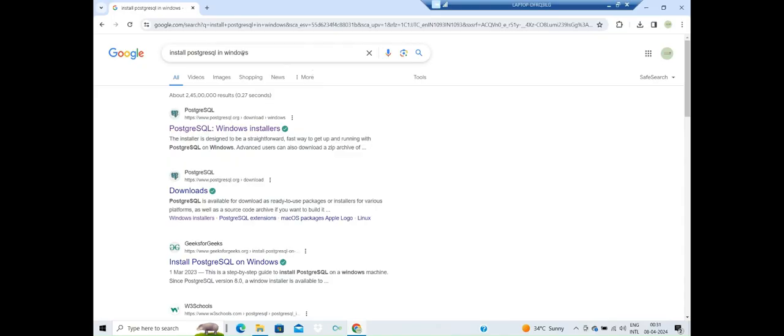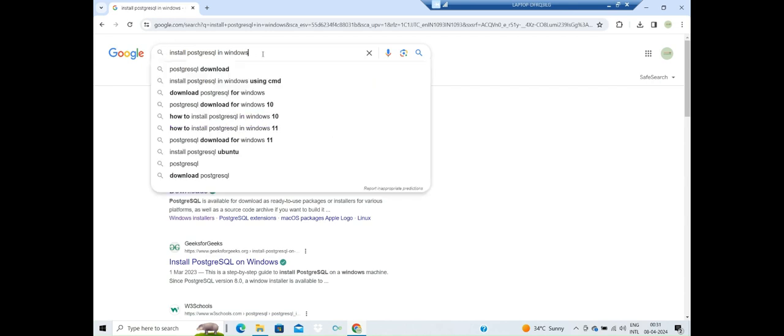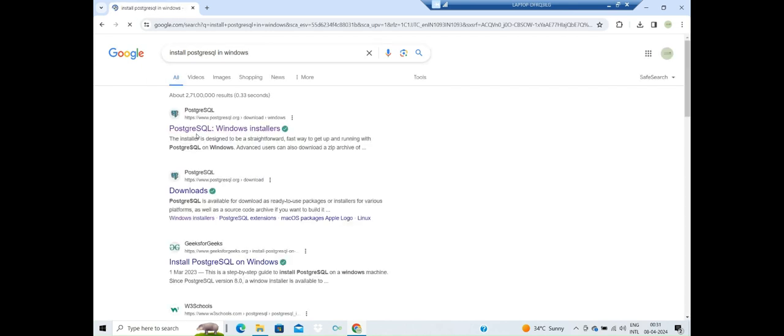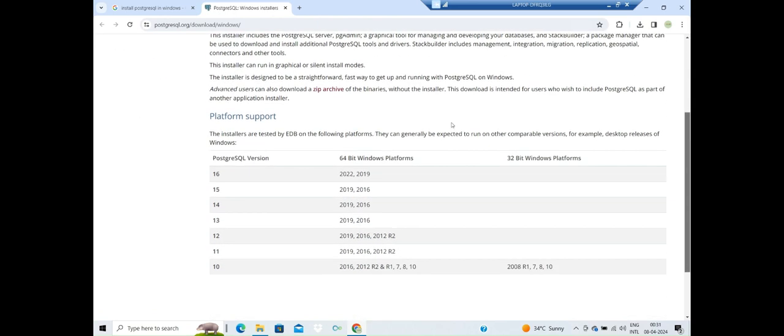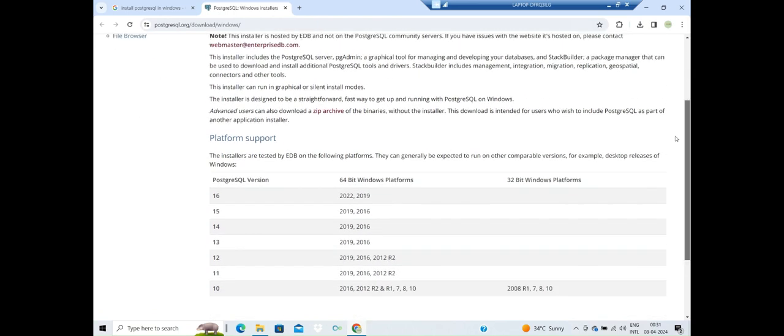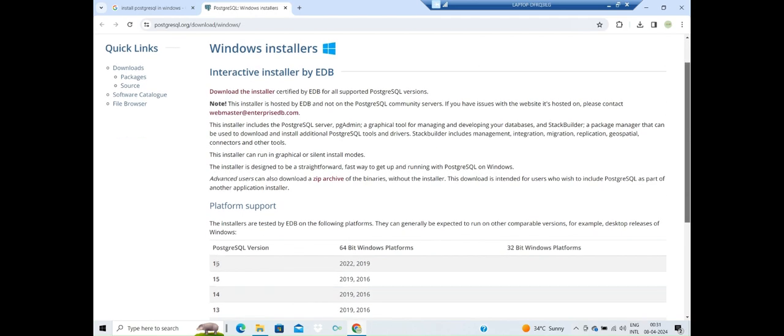So now we are in the Chrome browser. As per your browser, you can just open it and type install Postgres in Windows. When you click enter, you get www.postgresql.org. Click on the first link, and if you can see, we have already discussed the supported platforms. As we are going to install the latest version 16, I'm going to click on download. The first line, download the installer,